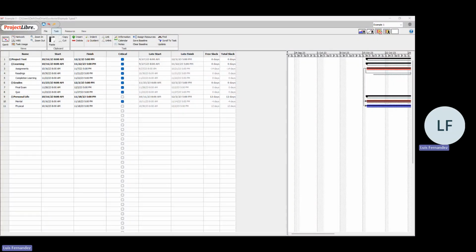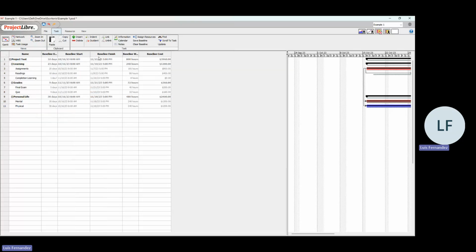Alright, now let's start the video: how to set progress, see reports, and some other details I need to explain to you. First of all, you are seeing these different views. If you right click in this big rectangle, left of the columns and above the rows, you have different views. For example, baseline,